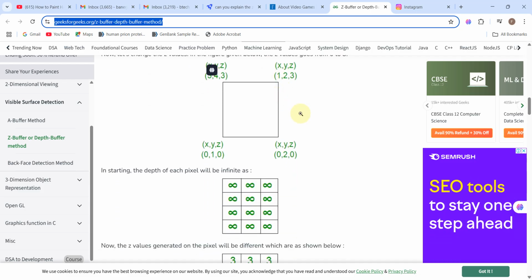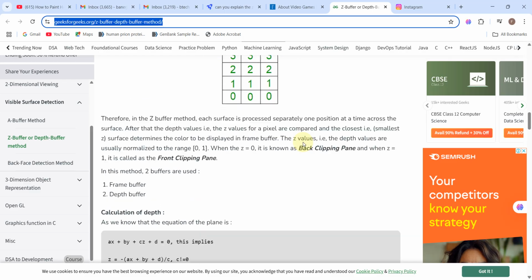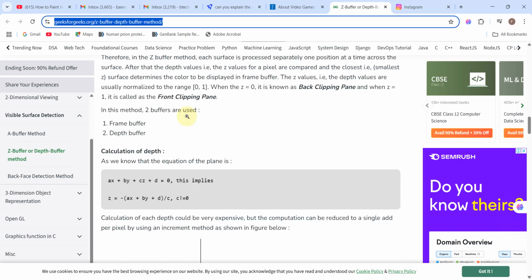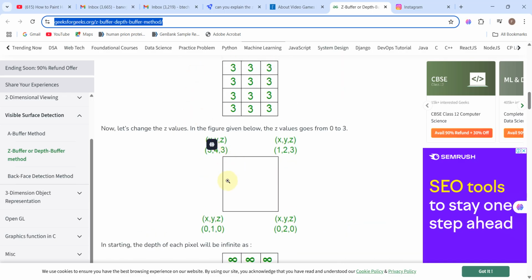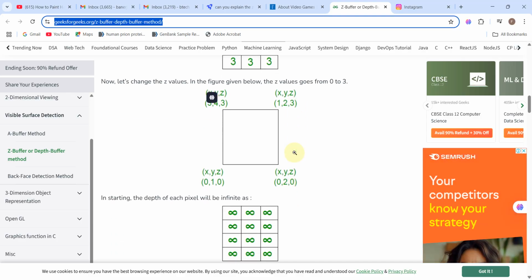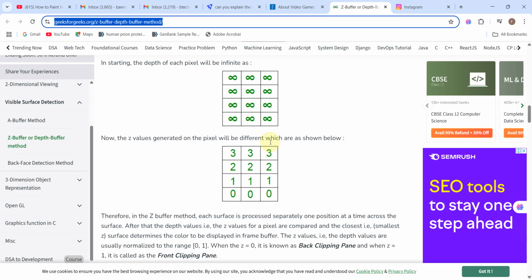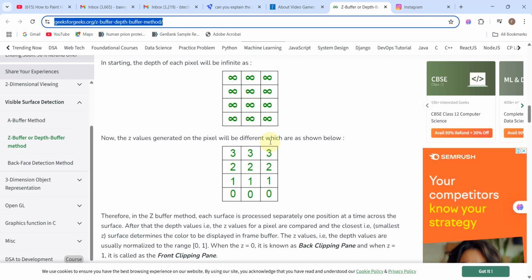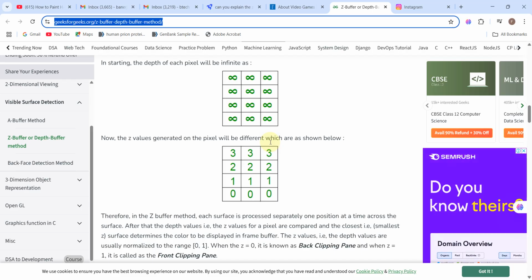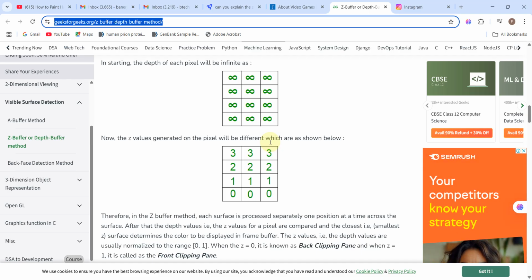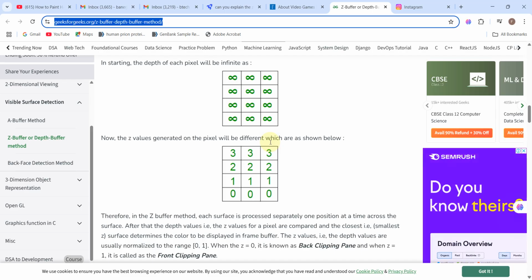But it will not be all 3 when the plane is tilted. Say for example the plane is tilted like this or this in space, then all the points will not have the same z coordinate, it's changing. Then the changing values of all the pixels are stored here, as I showed you. I'm only trying to show you how the matrix is filled, but for that painting as well, the z coordinates should be the same, because that painting is on the same plane, right?